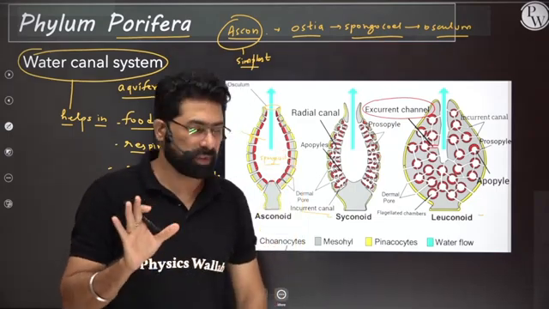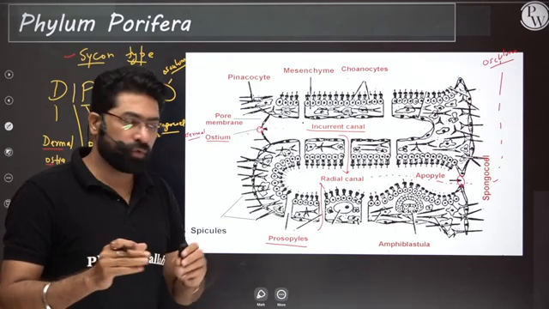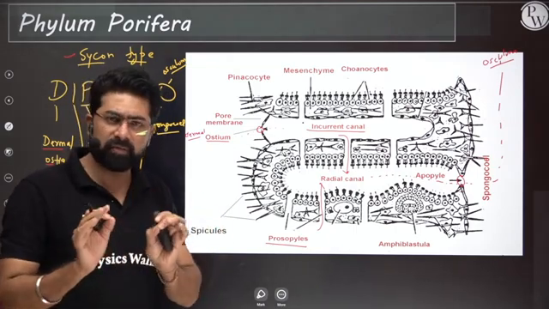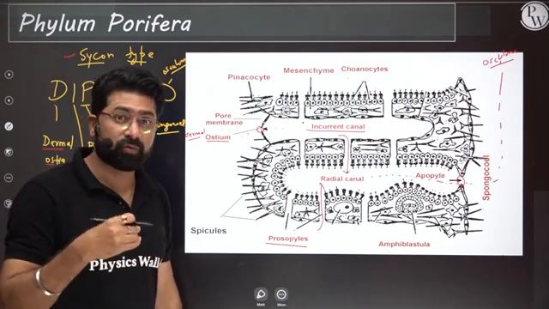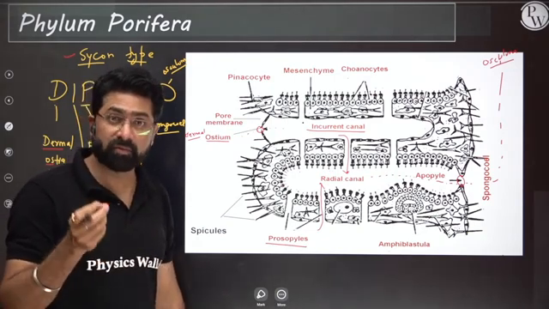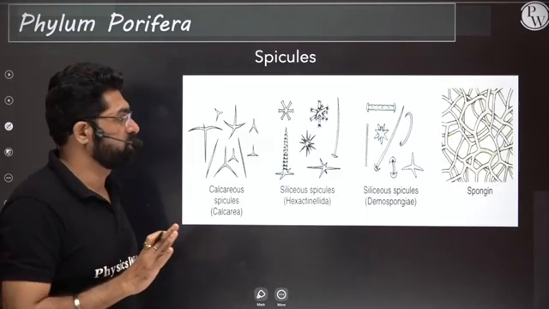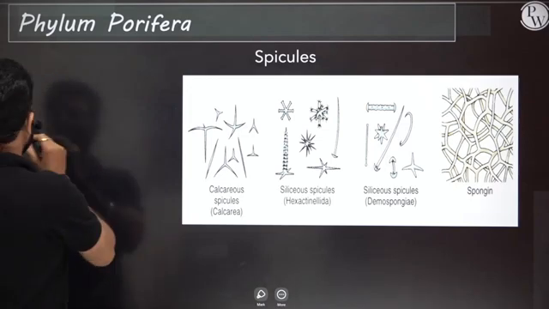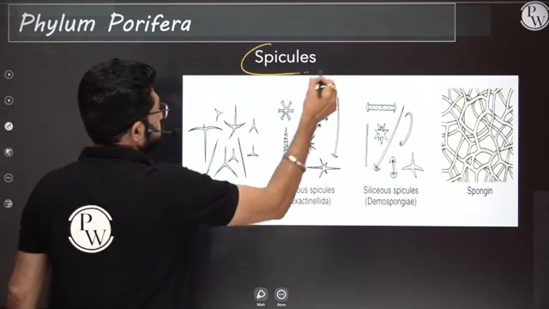Okay. Don't get confused. Don't take stress. If you can do this, it's okay. Otherwise, leave it. It's not going to come in your exam. Maybe one question comes from outside the syllabus, you should be able to do it. That's it. Next, a special character we'll talk about is spicules,